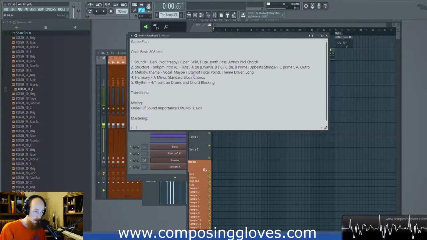It's not the main idea. If anything, it's going to be very minimal, something that might fit better into the rhythm category. And then theme driven, that's tied in with the vocals, but the long is a reference to the flute. So these are just some of the ideas I was going through.